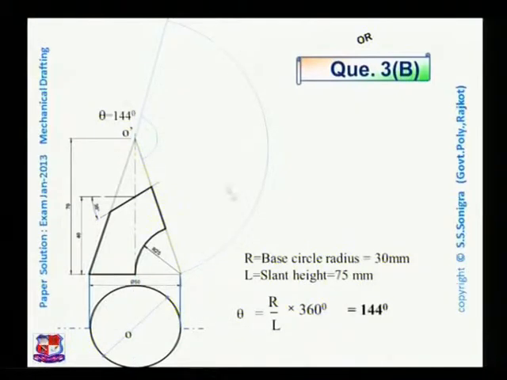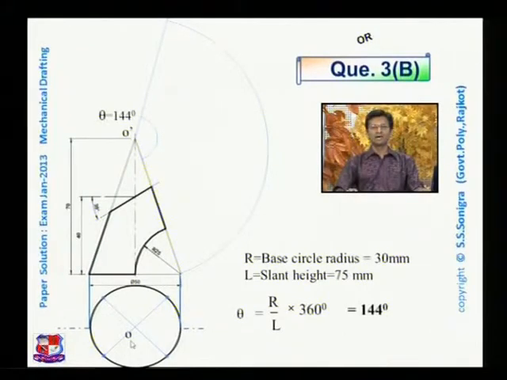Now divide this circle, that is the top view of this cone, into an equal number of parts. Suppose I have divided here into 8 equal parts like this. 8 equal parts means lines to be drawn at an angle of 45 degree with each other. After dividing this circle into 8 equal parts, project all these points in its front view like this. Name these points 1, 2, 3, 4, 5, 6, 7, 8